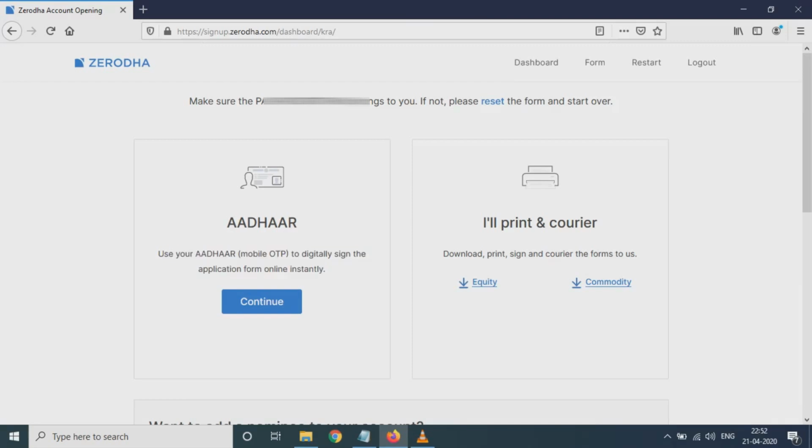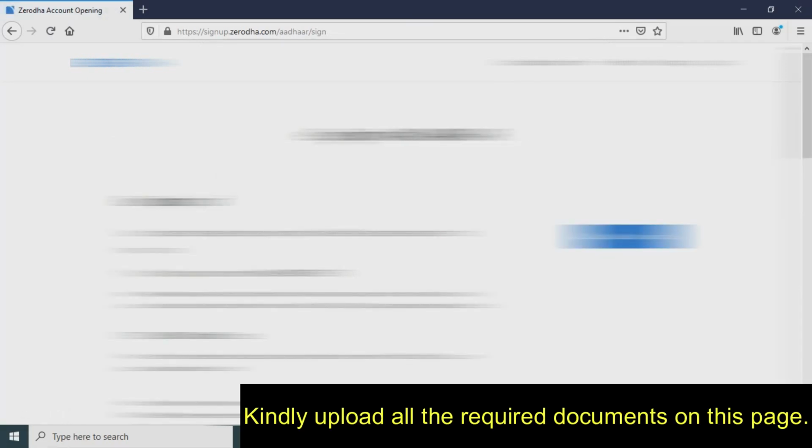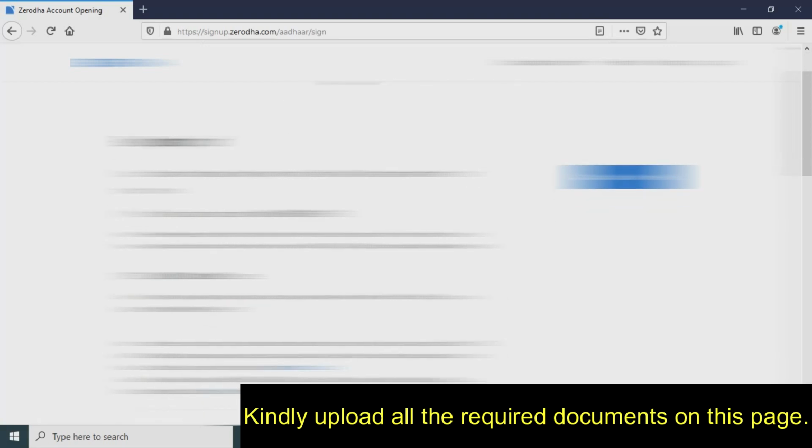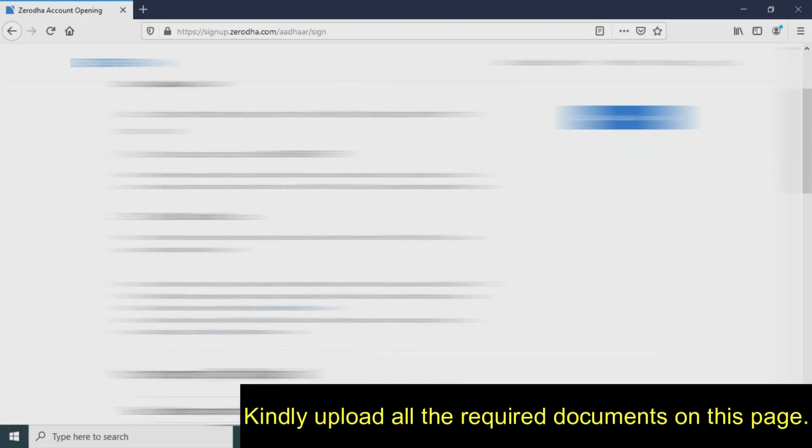Once you click on the Aadhaar, it will take you to the proof. You need to upload over here all the proofs like the bank proof and all.